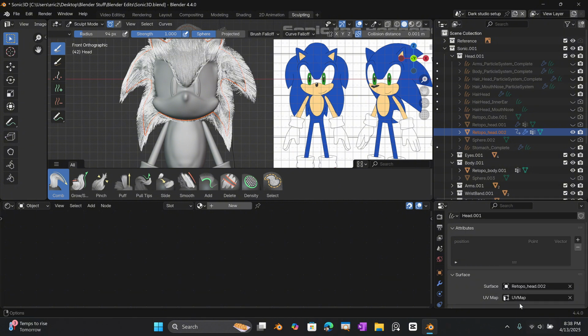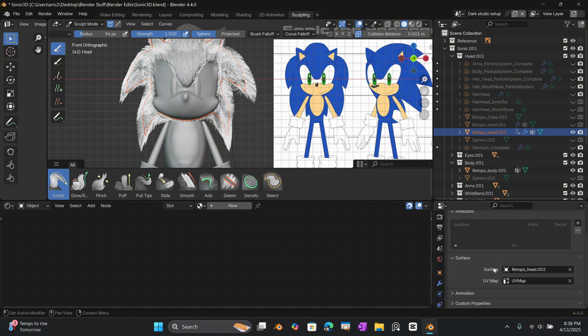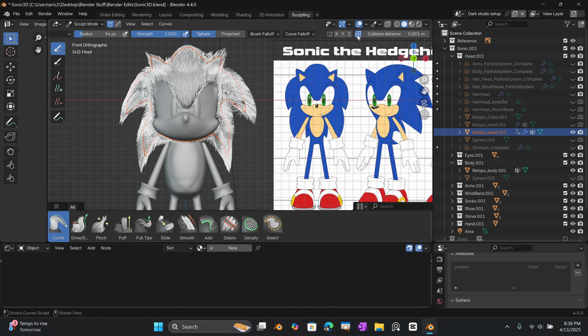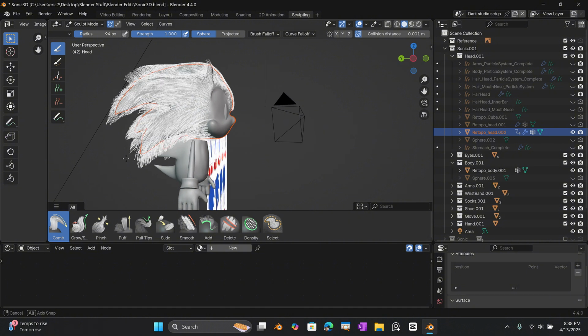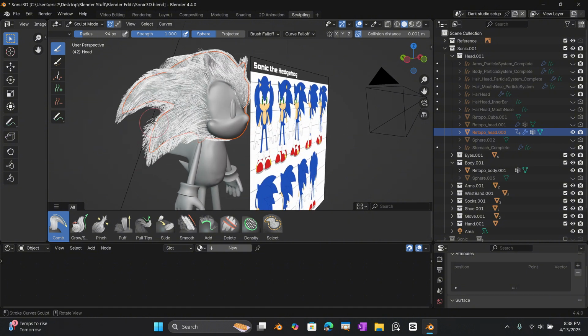Make sure UV map is selected by default. That's what we need. Okay. Now you have to do this or the hair is going to go through the body. And you also have to enable this when you're brushing. You don't want the hair to go through the head. Alright? Simple. Now you can try to fix more of his